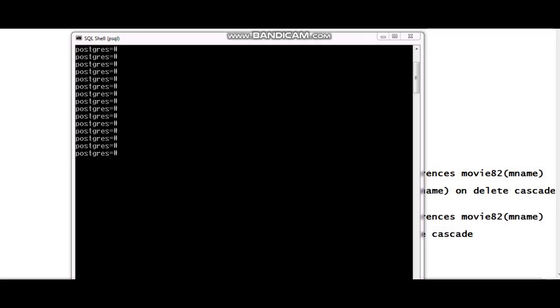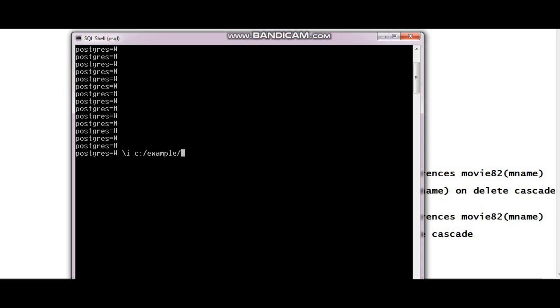So here I am executing that file. For execution, what is the command? I am going to write \i space the drive, the drive in which my folder is. So I have saved my folder in C drive, then colon, then /, and the folder name. The folder name is example / and my file name.